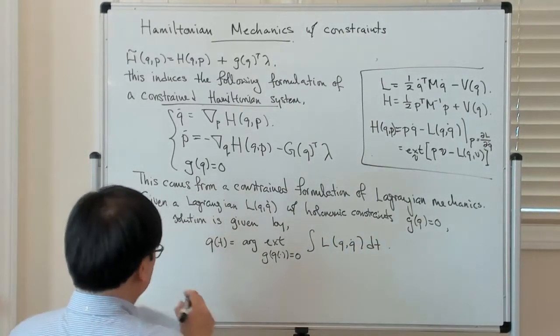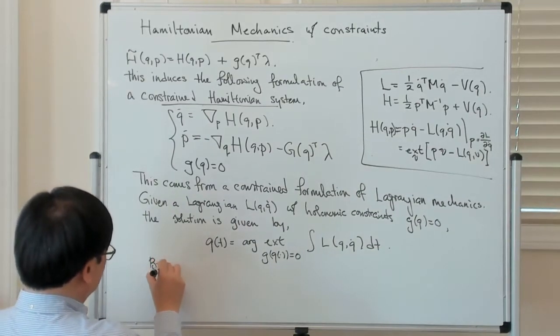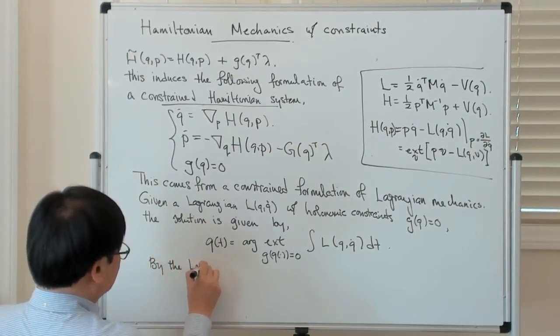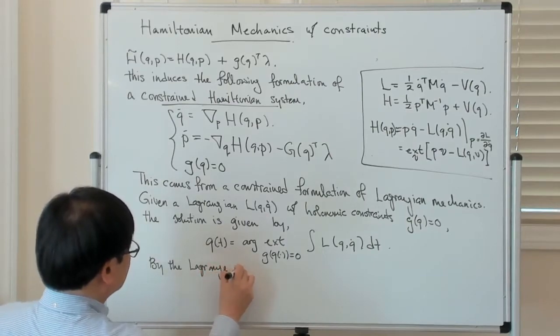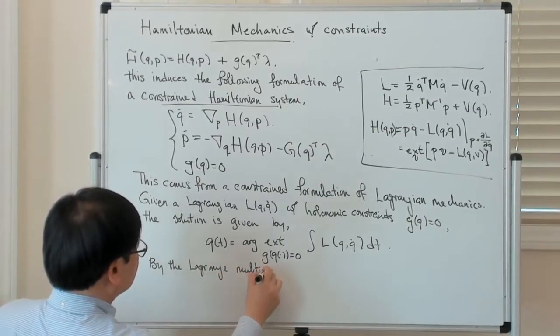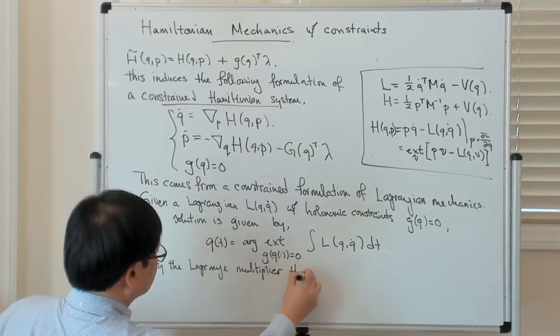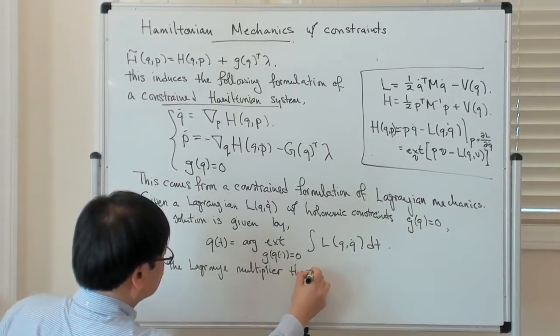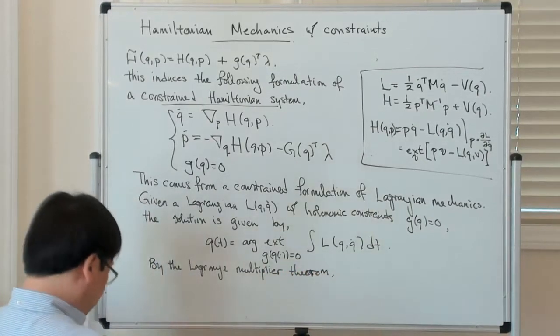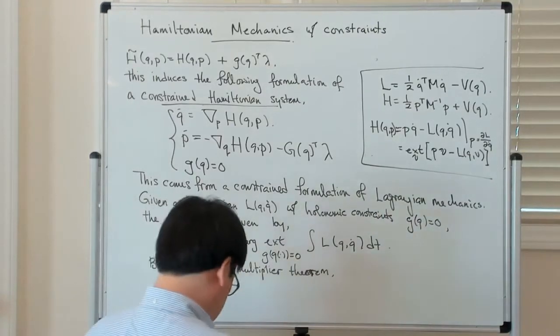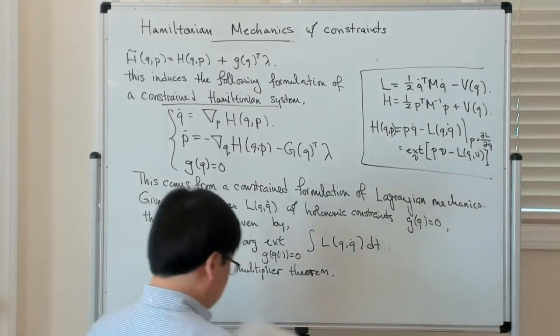And then of course by the Lagrange multiplier theorem, this is equivalent to an unconstrained variational problem